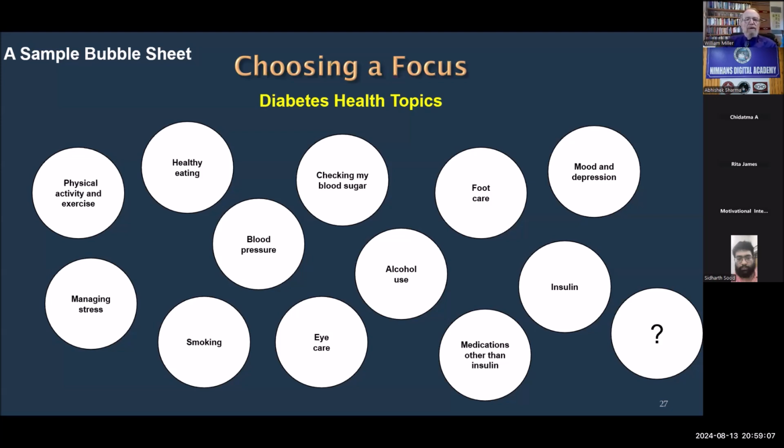So any one of those would be kind of moving in the direction of better health, and the patient says, well, I think I'd like to talk about decreasing my stress level. So then you have a conversation about that. So it's a structured way to propose multiple topics and just have the person pick out one of them. What will be our subject today? What's the thing we're going to talk about today?